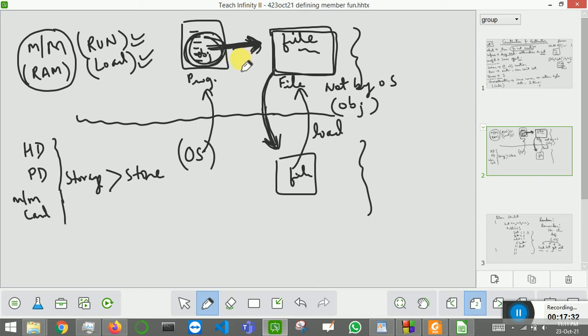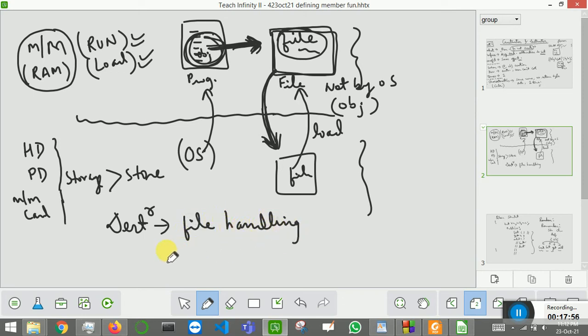So for this purpose destructors are used. Whenever your object is being destroyed, just before that it will check whether your file has been saved or not. If it has not been saved, then it will save that file. So what is the purpose of a destructor? A file handling task.